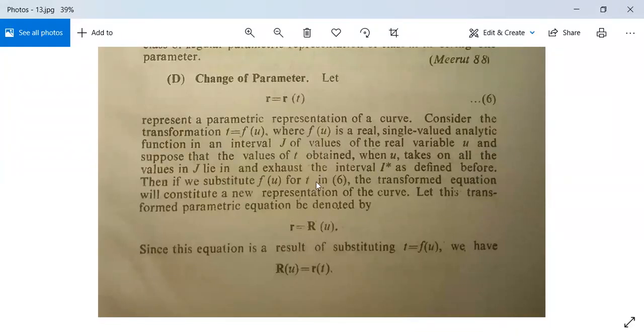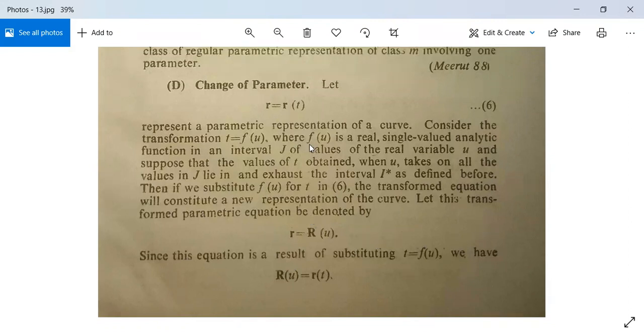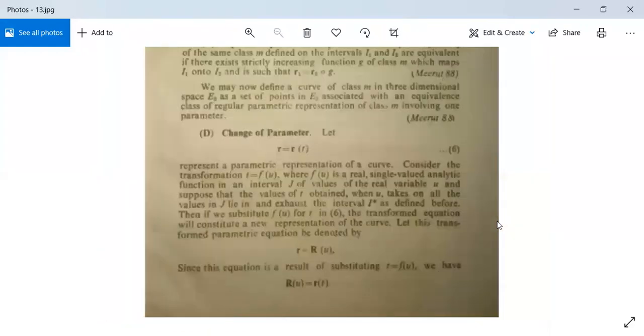Then if we substitute f(u) for t in this equation 6, the transformed equation will constitute a new representation of the curve. Let this transformed parametric equation be denoted by small r is equal to capital R(u). Since this equation is a result of t is equal to f(u), so we get R(u) is equal to r(t). तो ये पैरामीटर t की जगह पैरामीटर u का हम लोग यूज कर रहे हैं, दैट इज व्हाई इट इज कॉल्ड एज चेंज ऑफ पैरामीटर।